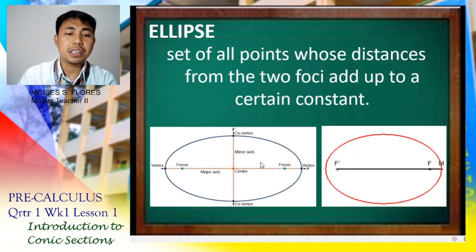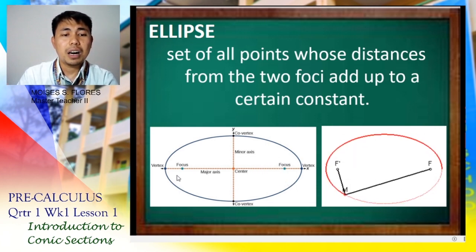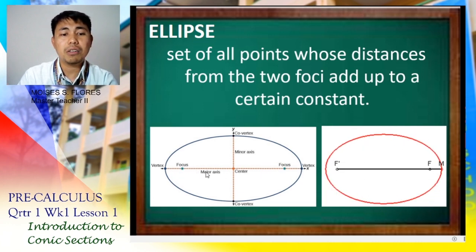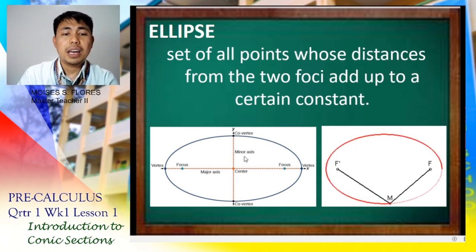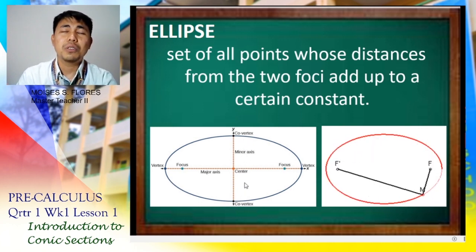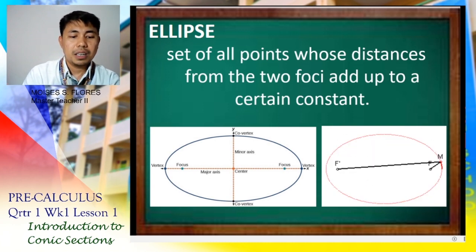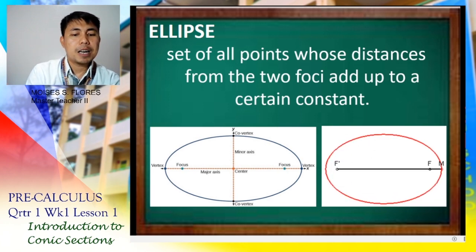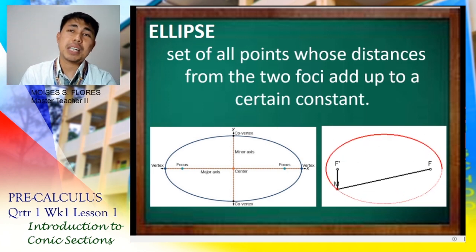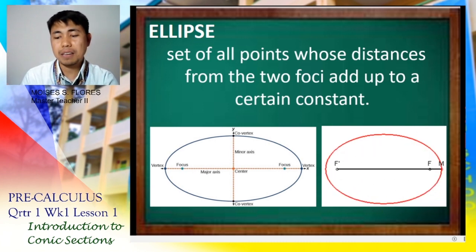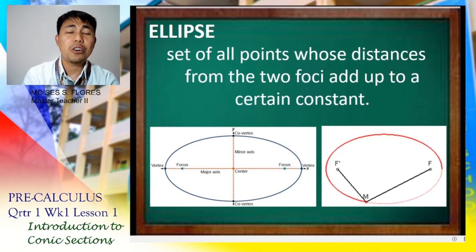On this other diagram, we have two vertices. We have the two foci, and they lie along the major axis. Then we have the co-vertices, which can be found along your minor axis. Again, these terms will be further discussed in our succeeding lessons. Let's proceed now to the last type of conics. We have discussed the circle, parabola, and ellipse. This time, the last type of conic.